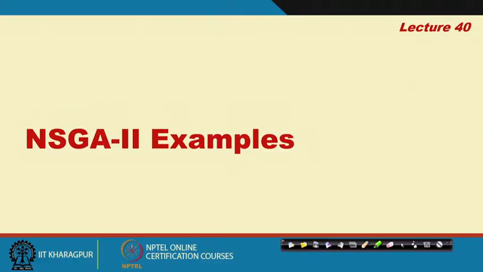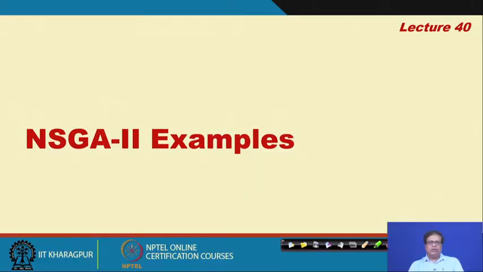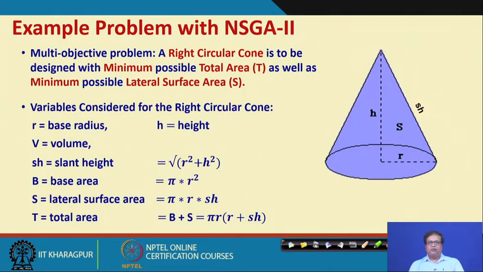Right. So, in our subject selected topics in decision modeling, we are now in our 40th lecture, that is NSGA 2 examples. In our previous lecture we have seen how to carry out multi objective optimization with regard to evolutionary computing meta heuristic technique, and we have taken up one such technique called NSGA 2, and I have discussed the general ideas of NSGA 2.